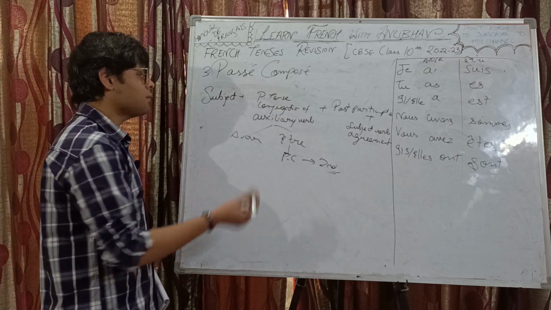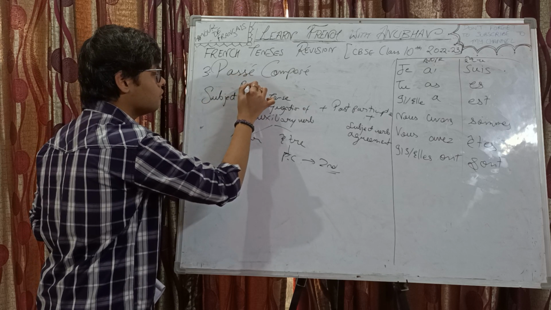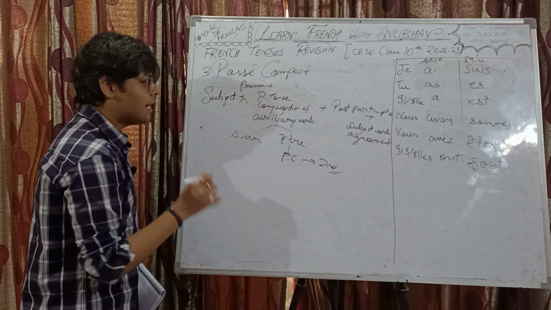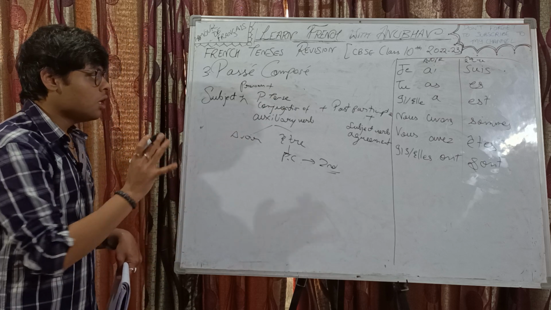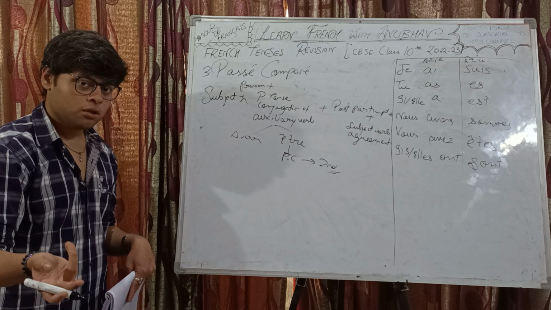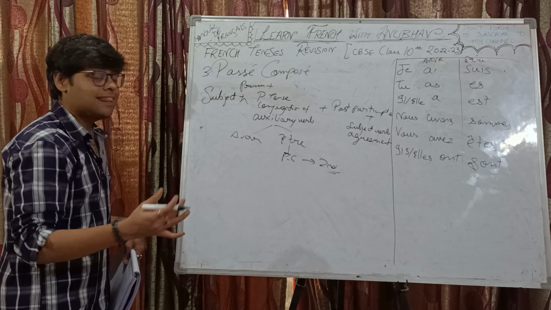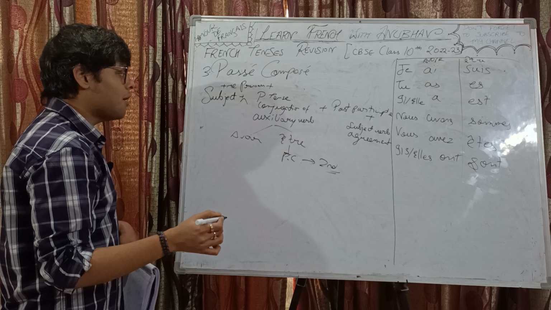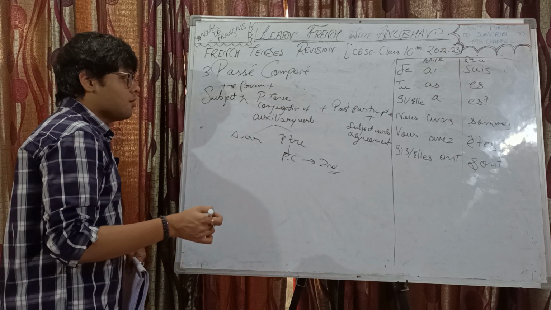So in case there's a reflexive pronoun, it will become subject plus pronoun, then the present tense conjugation of the auxiliary verb, and then the past participle. For example, je me suis, and then the past participle of the verb. In affirmative passé composé, that's how it's going to be done. And if it's negative, then subject plus ne plus pronoun plus present tense conjugation of the auxiliary verb,